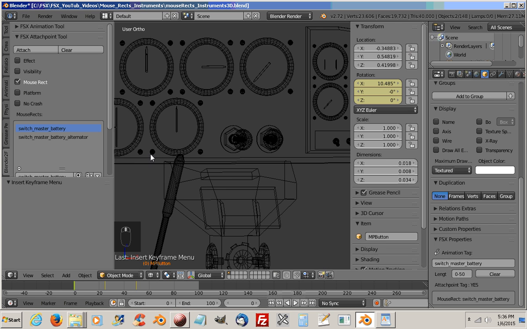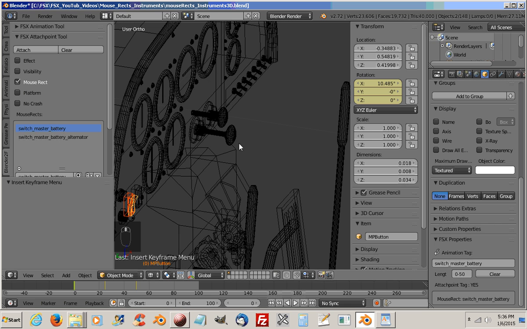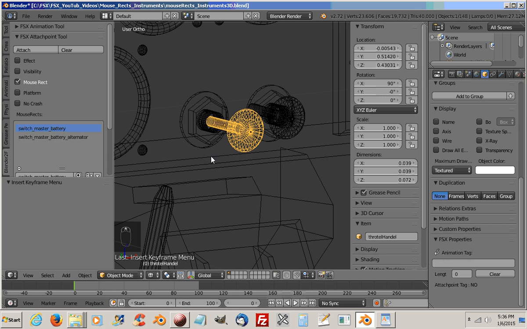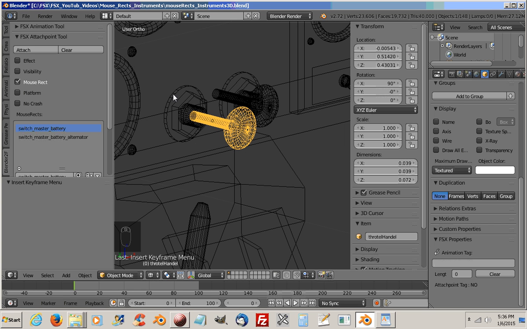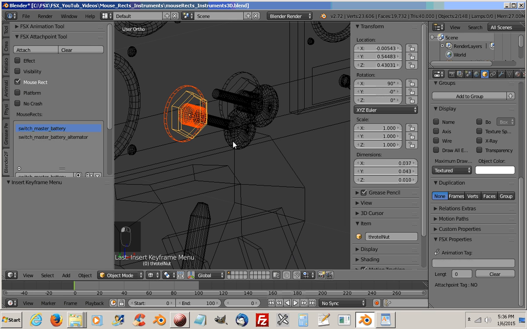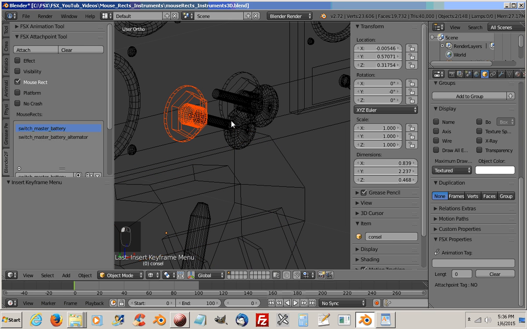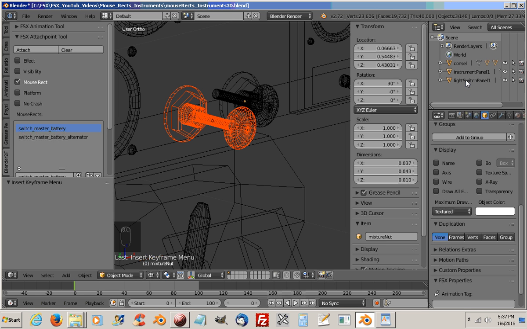Now let's do the throttle. Click on the part of the throttle you want to animate. Well, let's select all of it so we can hide it like we did the other one. Oops. Oh, come on. Okay, there we go. After you have it all selected, remember you could also do it from the